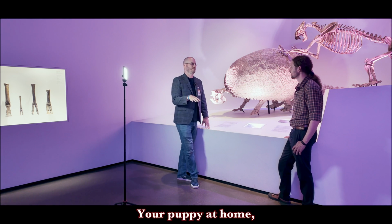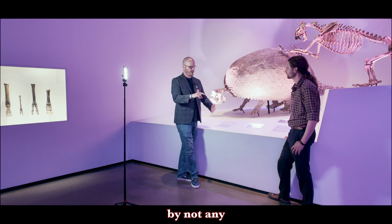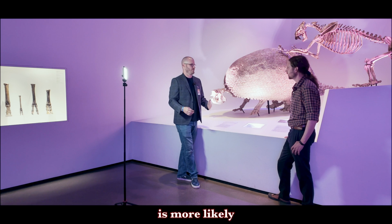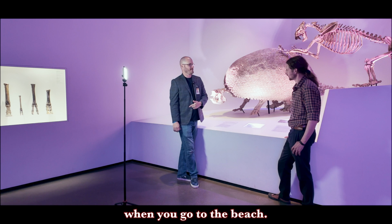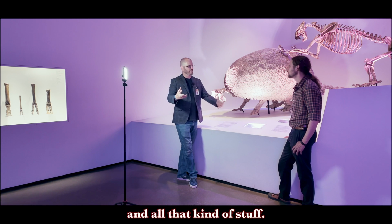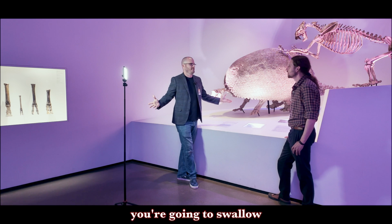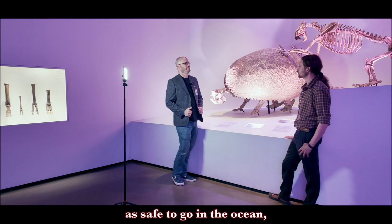Your puppy at home, you are like 10 or 20 times more likely to be killed by any of your aggressive breeds of dogs. Any dog is more likely to kill you on your couch than a shark when you go to the beach. We have this fear because of Jaws and the myth and all that kind of stuff. So even if Megalodon was here, it's not like it's going to swallow thousands of people whole. Yeah, I mean, it certainly wouldn't be as safe to go in the ocean, but...